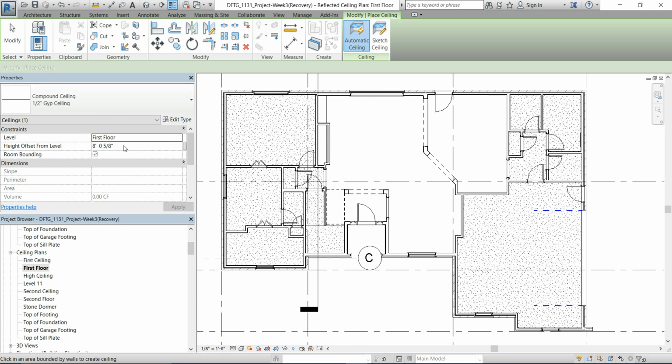According to our plans, the top of wall height is 8 foot 1 1/8, I believe. So you take a half inch off of that, because this is the height to the bottom of the ceiling. If you go automatic ceiling, when you get into a room it'll highlight the room, and then you can click it. If you've got continuous wall types, then it'll work. If you're going to sketch, which you have to do for some that don't have continuous wall types,